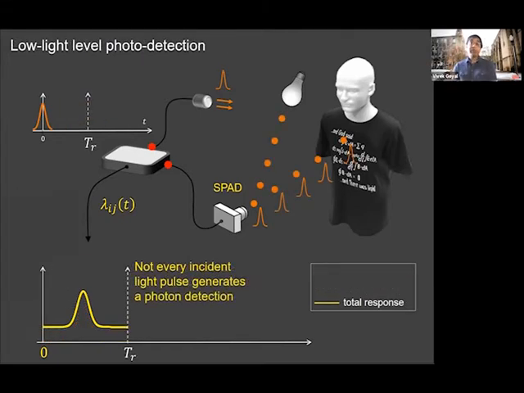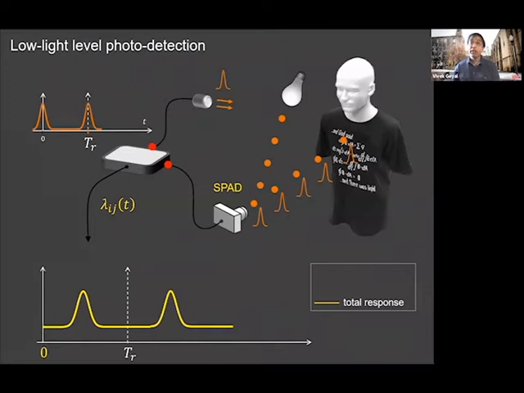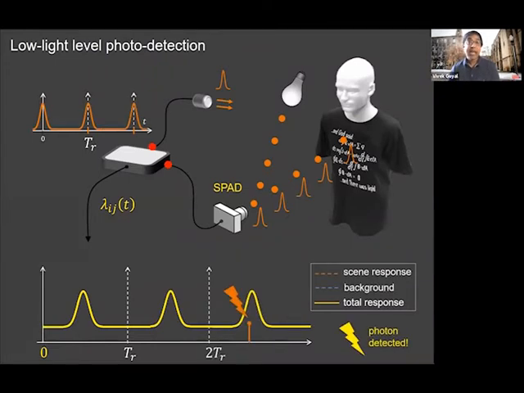Not every illumination light pulse is going to generate any photon detections. So suppose there's no detection from the first illumination repetition period. Maybe there's also no detection in the second period as well. And in the third period, here I've marked a detection at a relatively likely time. I'm calling it relatively likely because the yellow flux waveform is relatively high. There could be a detection at a relatively unlikely time, marked in blue, as if we knew that that detection